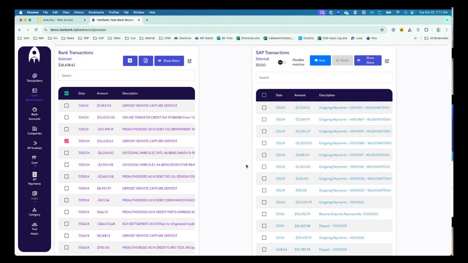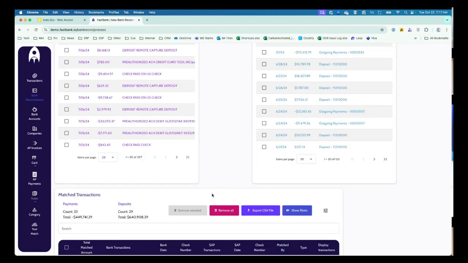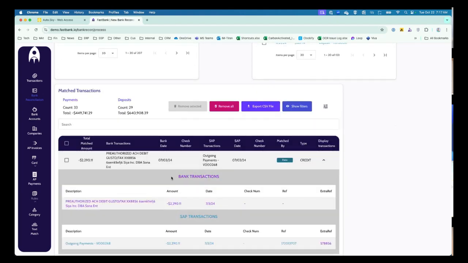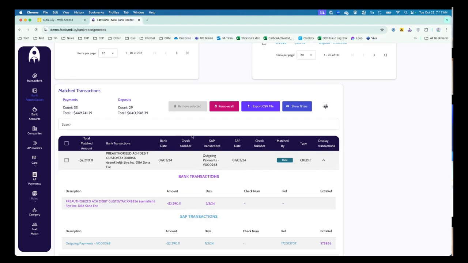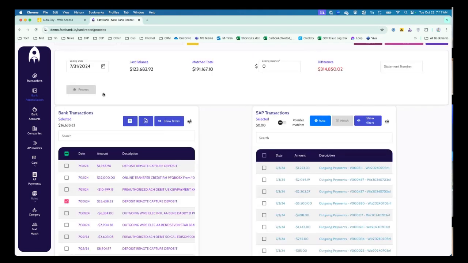We use this internally. We have about 300 transactions a month. We only had about 2 transactions that I had to investigate. Everything is automatic, because if you use FastBank through the system, everything that you posted is automatically reconciled. Once you have your ending balance and your amount is matched, it allows you to post. If I go here, I can directly process that, put the statement number, right? The usual, and process.